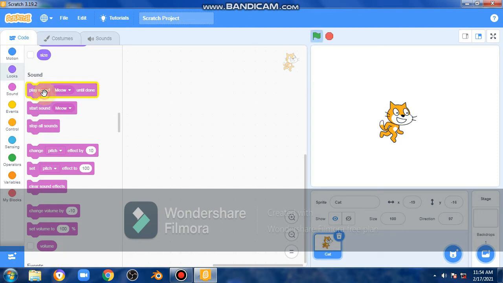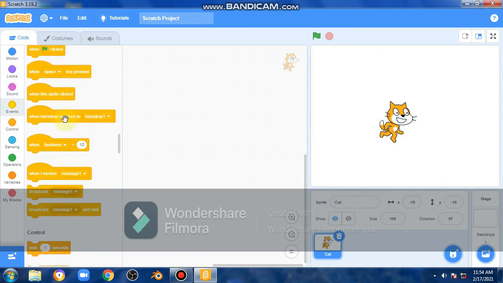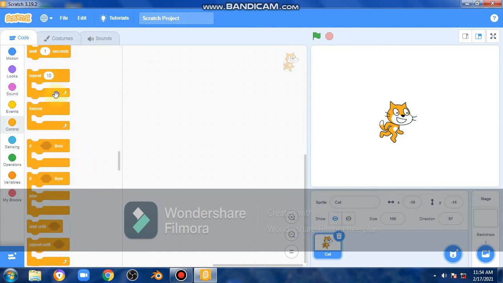Okay, here it is its own sound. Now here are the events, I've told you about it. Now here are the controls, means it will wait, it will repeat, it will forever, means not repeating, it will continuously do that work.